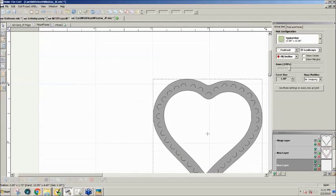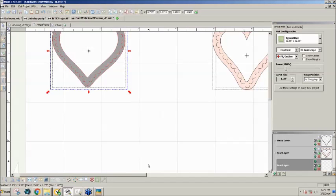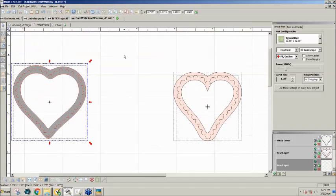I'm not as maybe exacting as Leslie would be, but this would not please me to cut these edges, and I just really couldn't get it any better. And why spend time on it when it's not going to be perfect, and it's going to take more time to fix that design than it is just to go back and do my own. So what I did, I started with basic shapes and Make the Cut, just like I most of the time do,